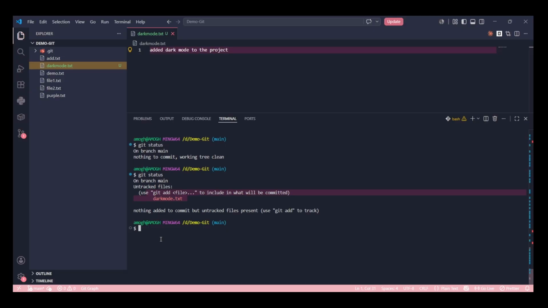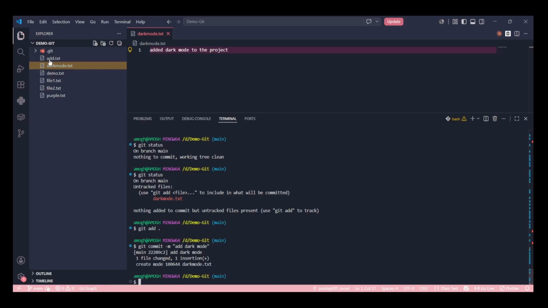You should send one file to the staging area and you should commit it. So I'll say git add dot, git commit, add dark mode. See, now we have a dark mode in our main folder.